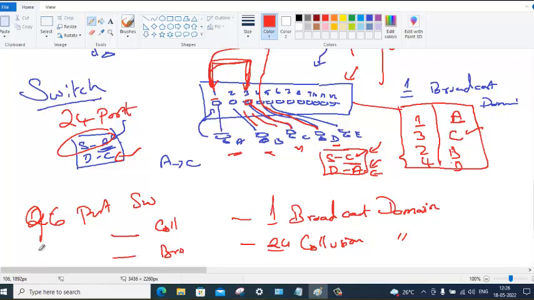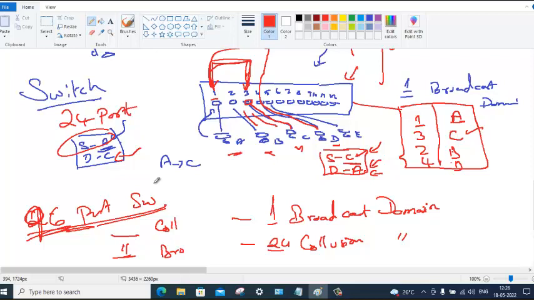One broadcast domain and 24 collision domains. I have a 96 port switch. How many collision domains will I have? 96. Very nice. So every port on the switch will have a collision domain.